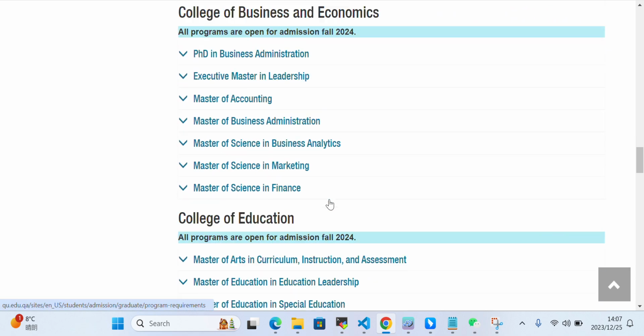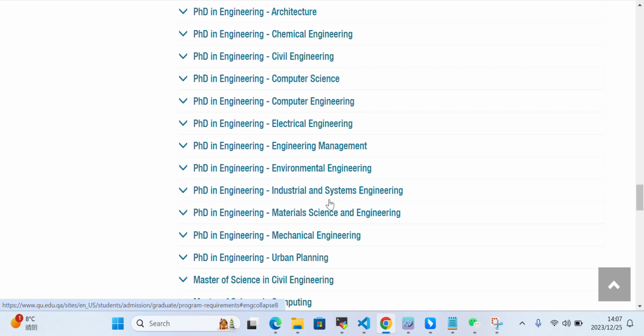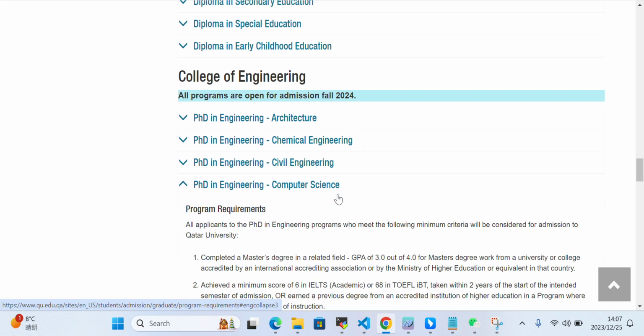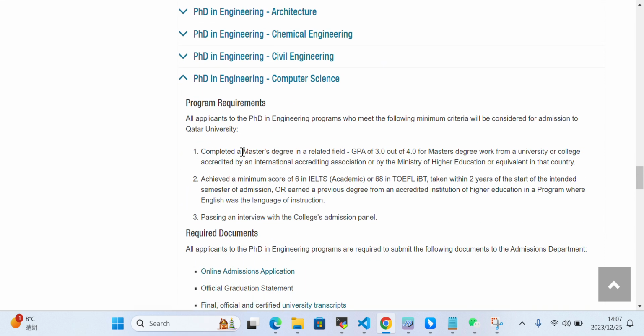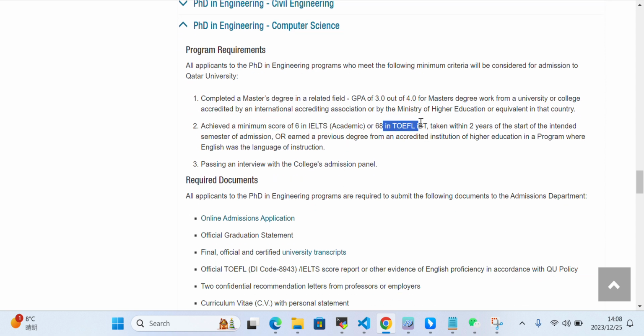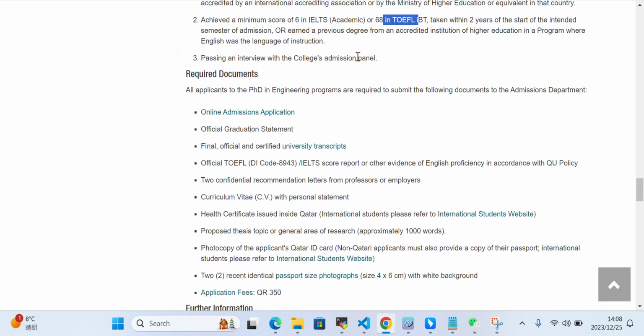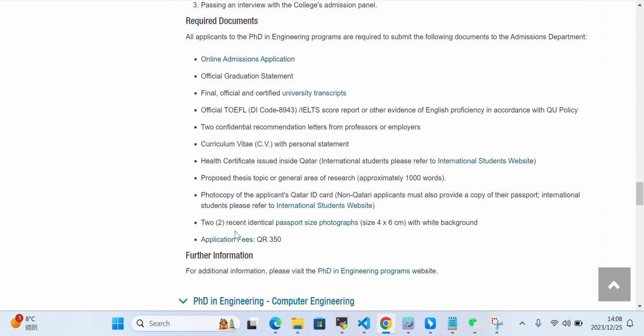So every program has its own requirements mentioned. PhD engineering in computer science: you should have a minimum of 3.0 GPA out of 4 and 6 IELTS or 68 TOEFL, and pass an interview, submit the application online, and further requirements you can take a look at.